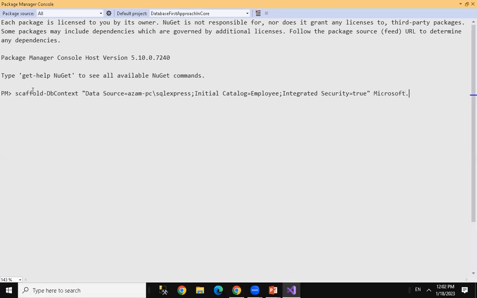Microsoft.EntityFrameworkCore.SqlServer. Okay. So this is our provider, Entity Framework Core SqlServer. And